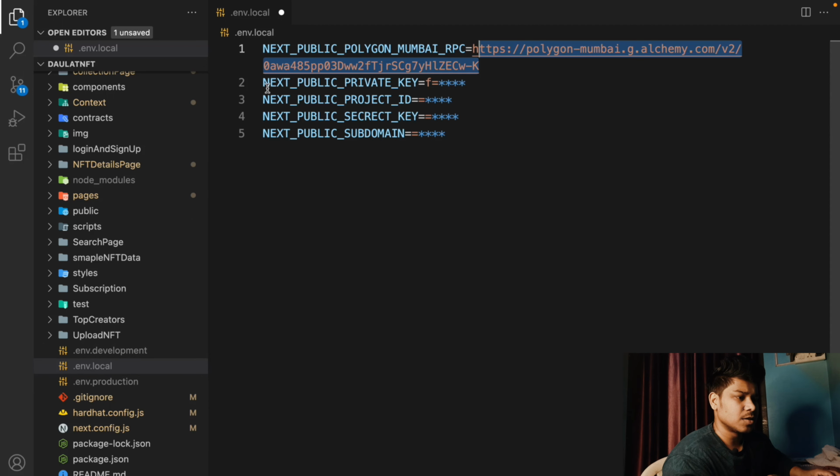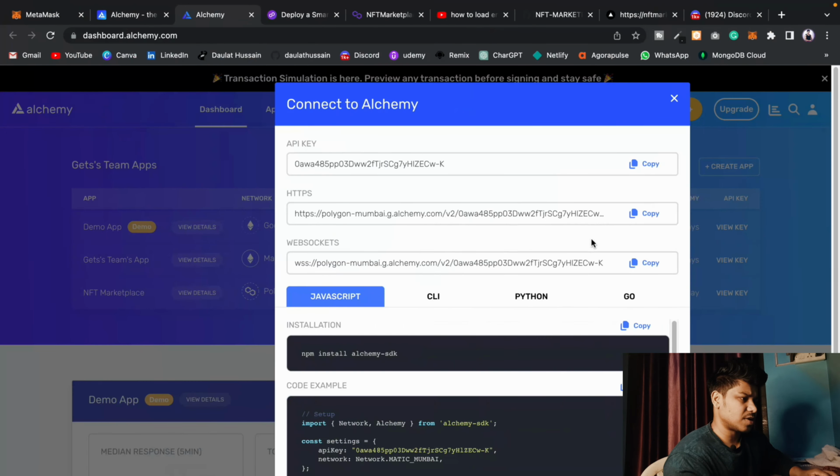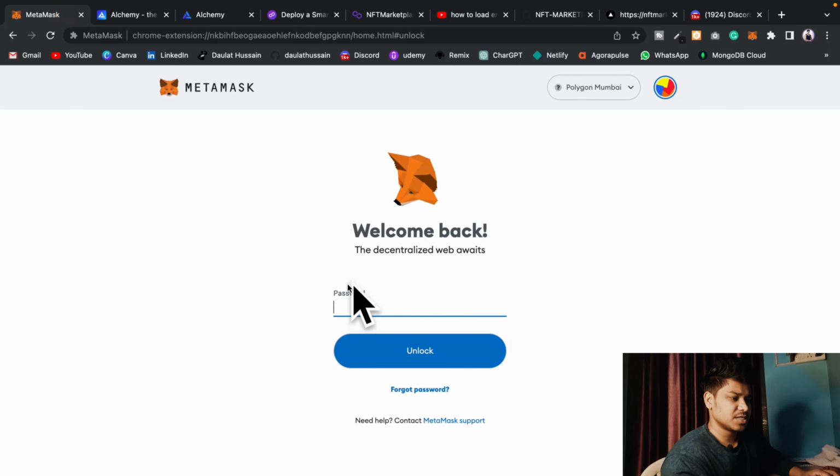And now we have to get this private key. This is the private key of your wallet, and that's pretty easy. All you have to do is open up your browser, and let me come back to MetaMask. This is the place. All you have to do is first log into your account. So I forgot my password,